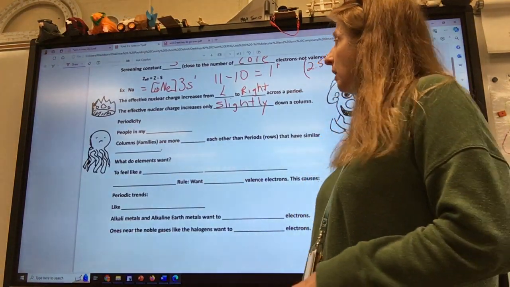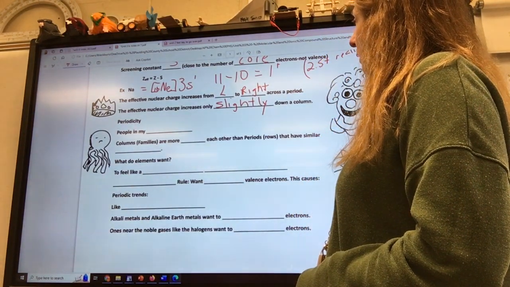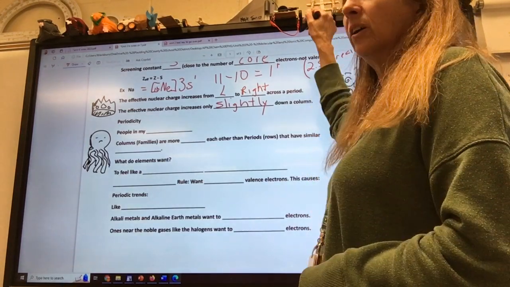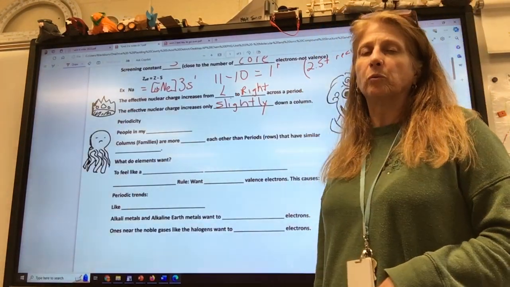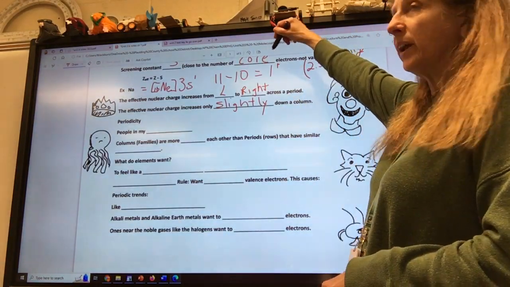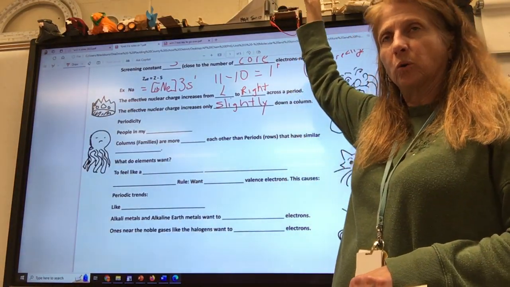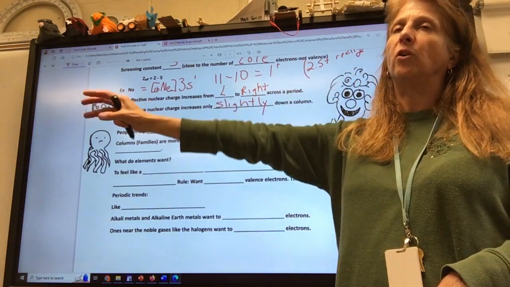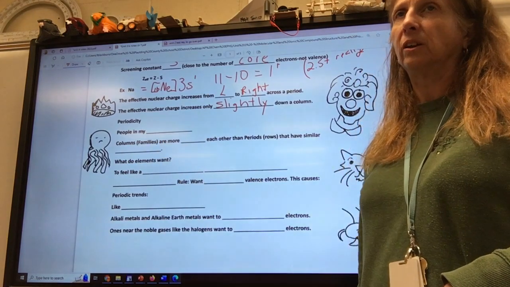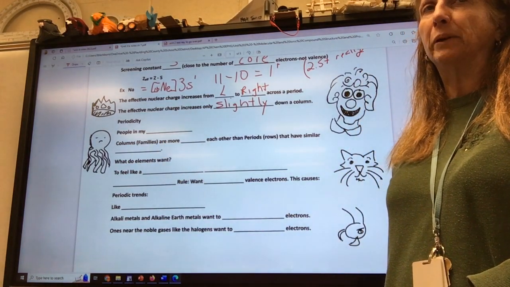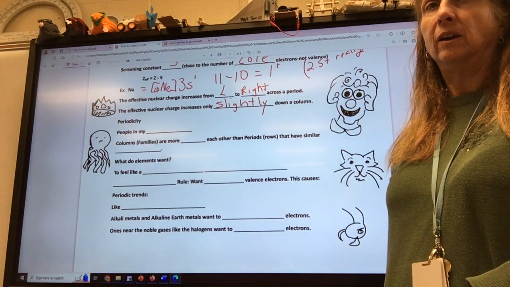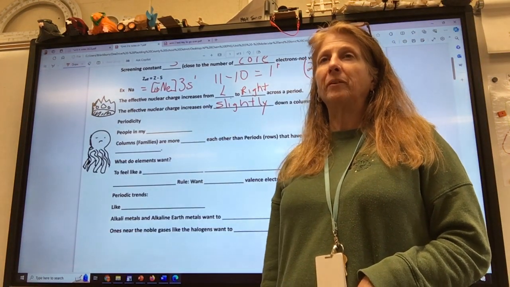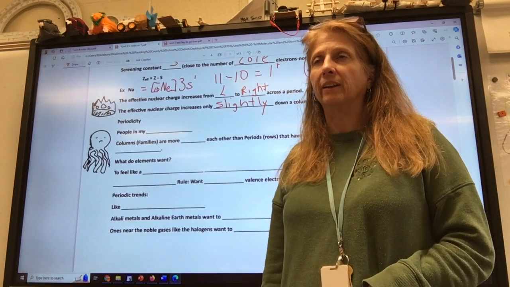Yes, sir. What does it say in this parentheses right there? Does it say 2.5 plus something? That's what it really is. It's really 2.5. And remember, you can get close to the right number by just counting the number of core electrons, but it's really going to be slightly different depending on how close or far it is from the nucleus. So that can change a little bit. How do you find the real number? I don't know. They must do it experimentally or something. Maybe it says in the book.